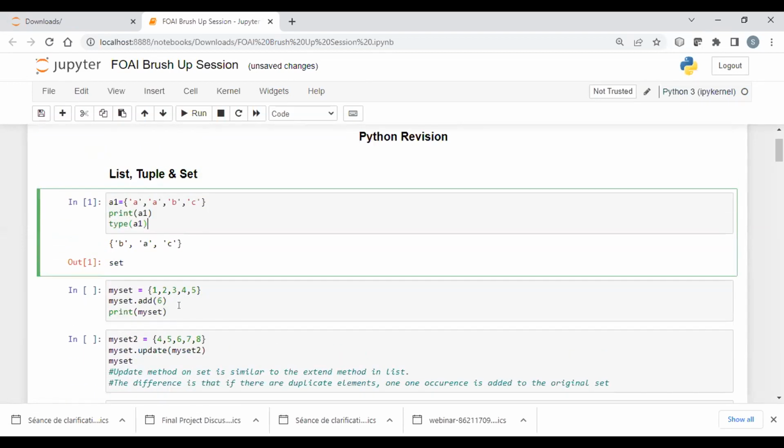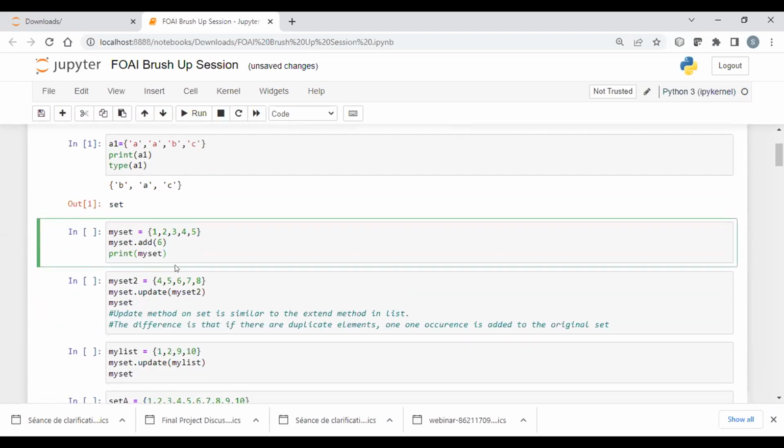So let us look at different functions of a set. Here is another example that I've created. I've created another variable mySet in which I've given the input from 1 to 5. And when I use this functionality add 6, can anyone tell me what this function will do? Will it add 6 numbers, or will it add 6 as one single number after 5? What is going to happen here? So yes, that's correct. It's going to add 6 to the complete set that we already created.